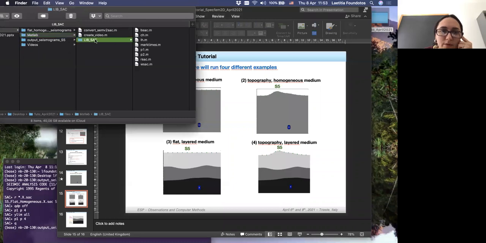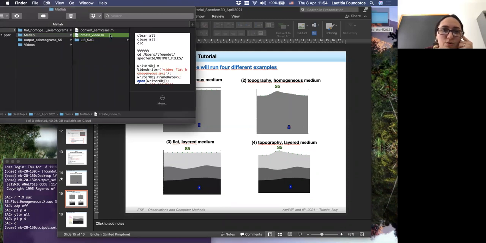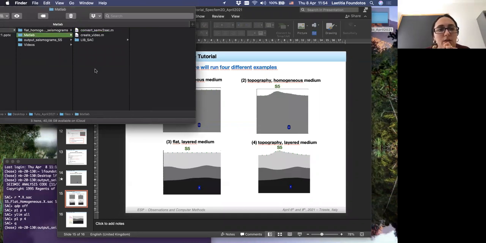So here is the MATLAB library to read and write SAC files, this one to create video, and this one to convert a simple 2-column file with time and amplitude to a SAC file. Of course, you can also do that in Python. And I guess if you search on the internet how to read and write SAC files with Python or to create video, you will find some interesting tutorials.